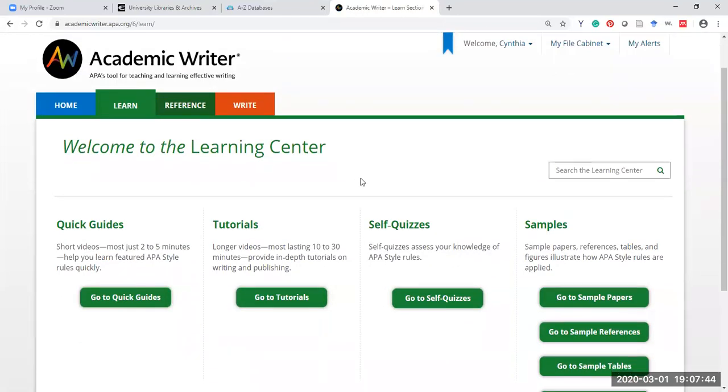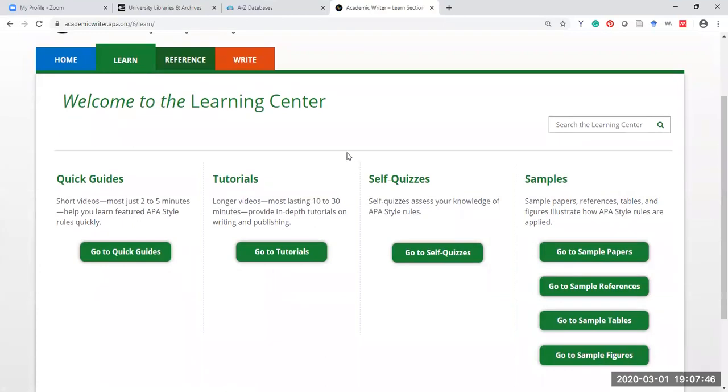The Learn, or the Learning Center, is where I go if I have a really quick question about how to do a reference or how to set up something in an APA style paper, such as an appendix or reference pages or something like that. And the great thing about the Learning Center is that you can pretty much choose what you need. So for example, if I go to Quick Guides,